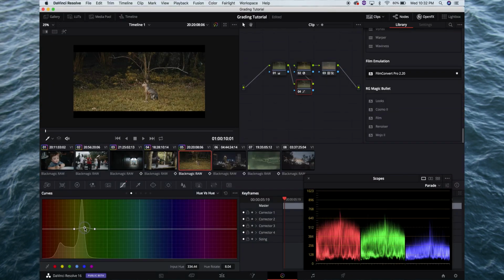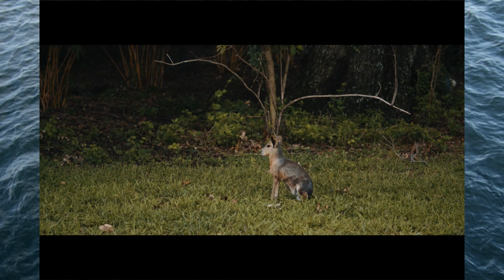But I don't think in this clip I really have much of an issue with the greens as far as their color. I just think we can dial them back a little bit, and that's when I would probably use this other panel down here, the Hue versus Saturation. So you can click right here, same thing we did with the eyedropper, and as I pull this out, it pretty much sucks a lot of that out. I don't want to go that extreme. I just want to dial it back a little bit,